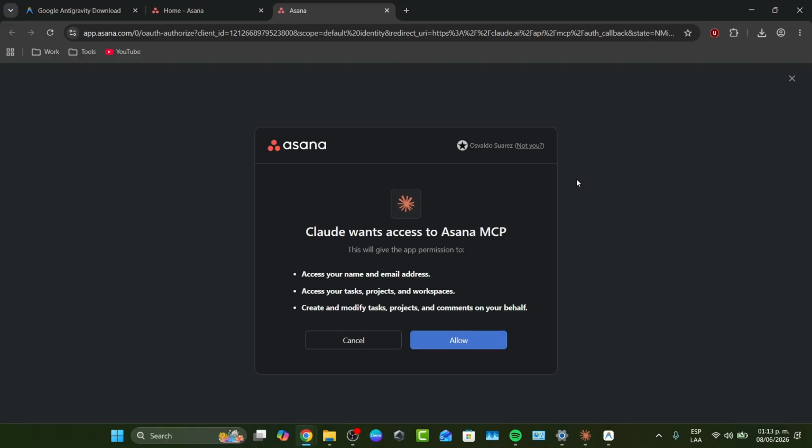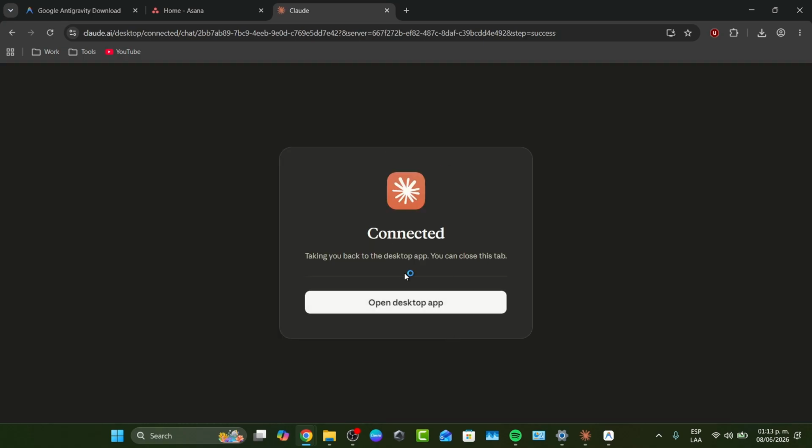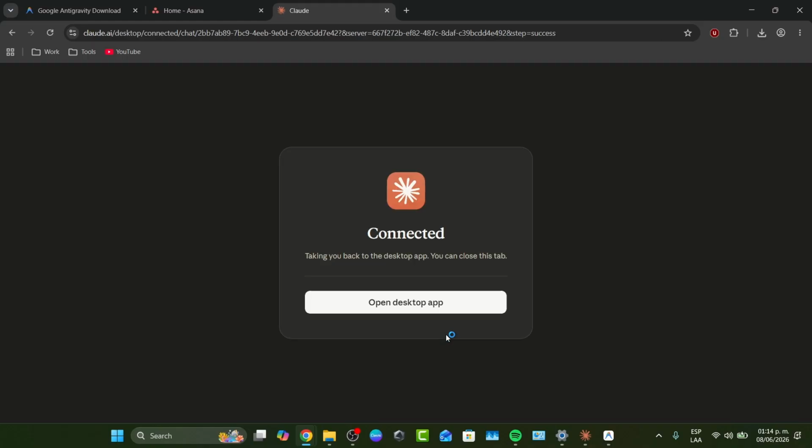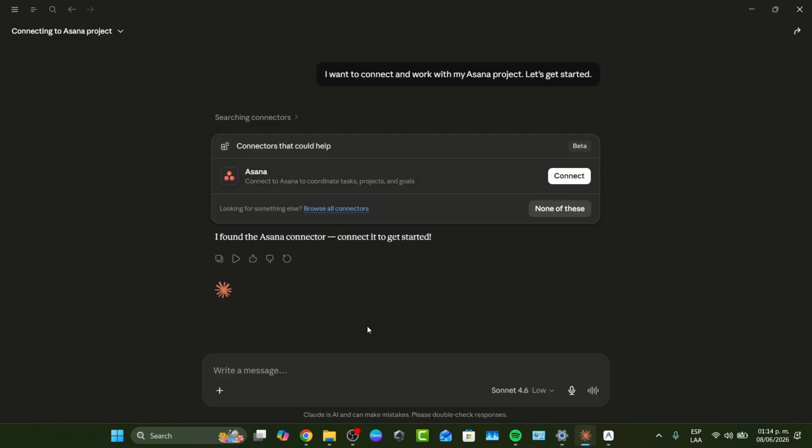This is going to, of course, open a new tab, and it's going to be asking you to grant access between your account and Asana. When you click directly on the element that says allow, it's going to bring you back directly into the desktop, which in my case here it is. Sometimes it might be asking you to make the connection once more. So you need to click directly inside there once again, the option that says connect, allow this one more time, and you're actually good to go. So as you can see, we are now inside